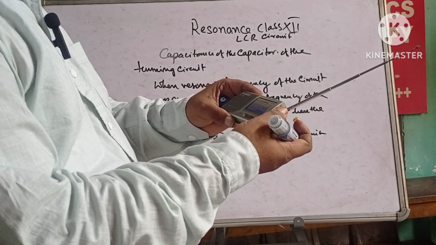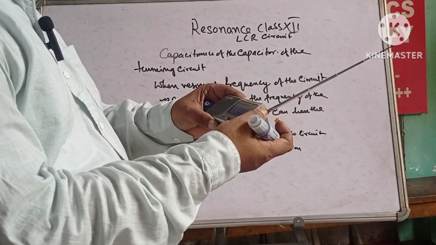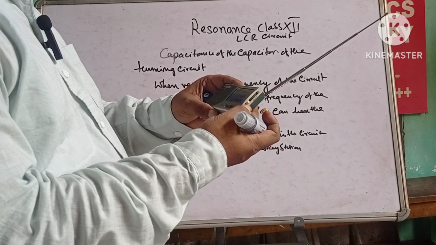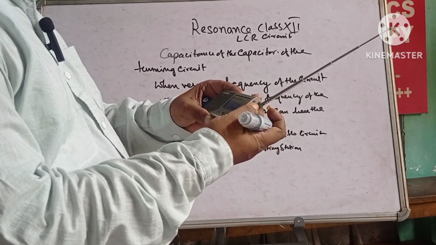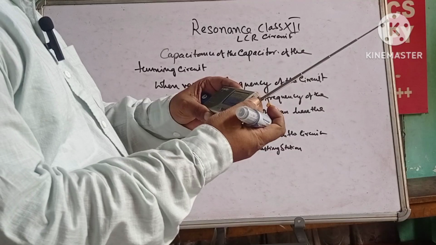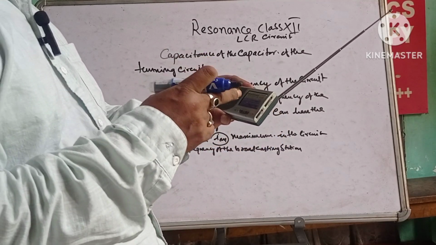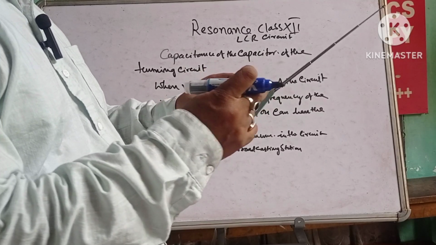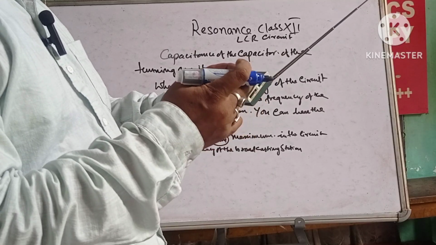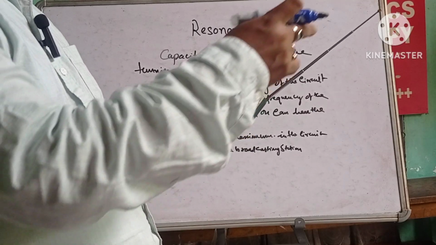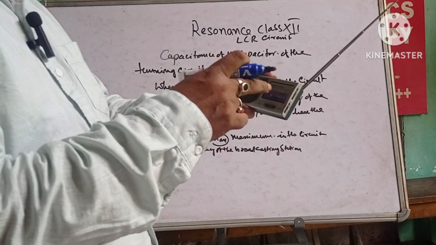Here I am adjusting the capacitance of the capacitor. Here you see, that means I have adjusted the resonant frequency of the circuit by changing the capacitance of this circuit, and when this frequency is nearly equal to the frequency received from the broadcasting station, you can hear